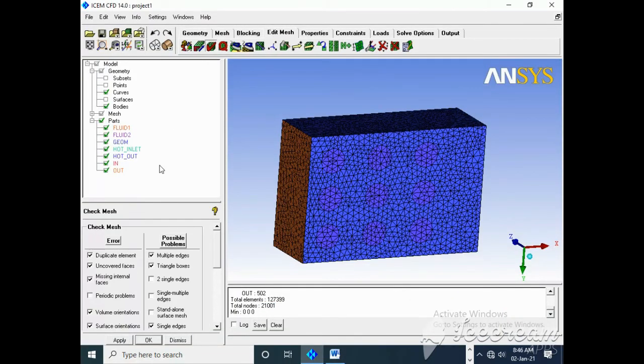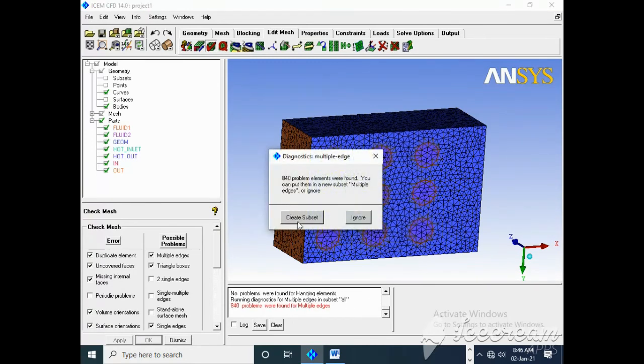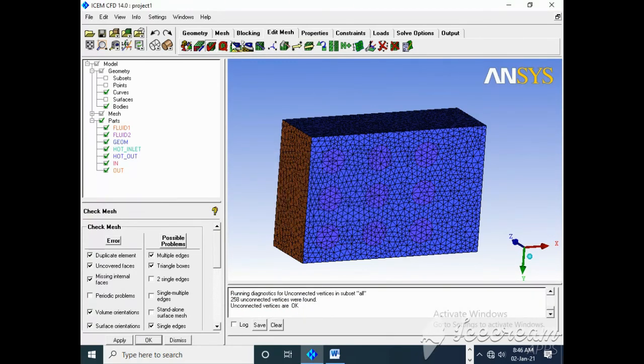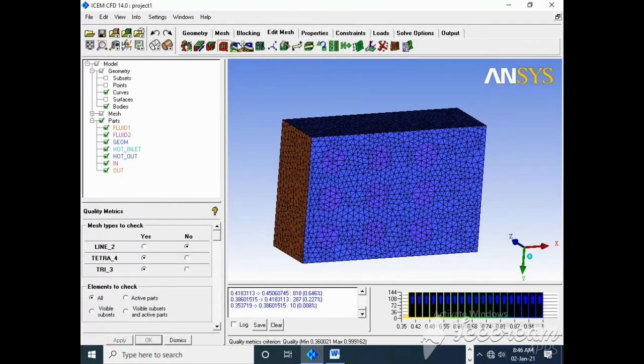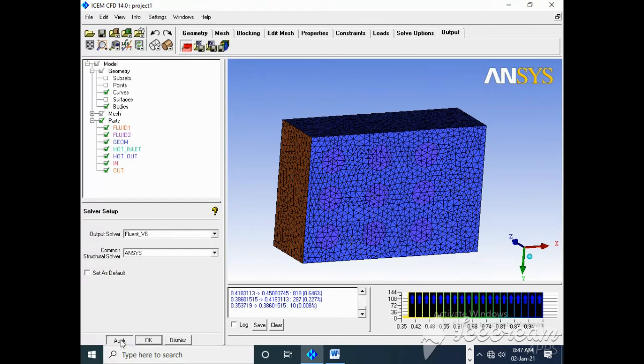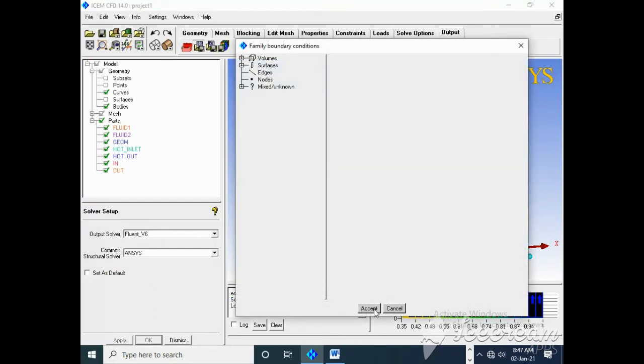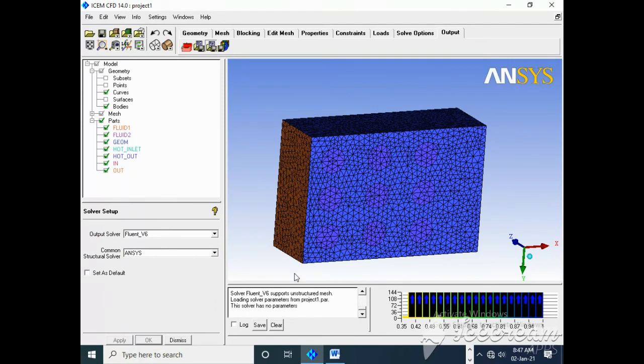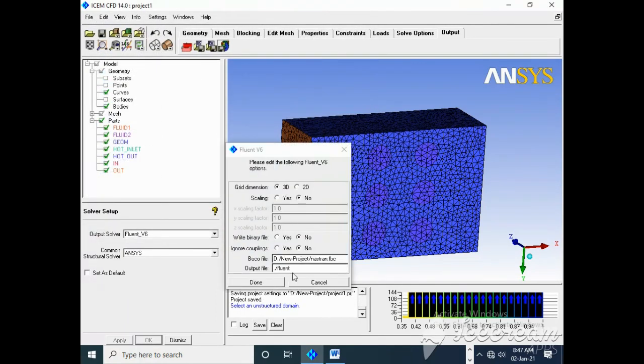Then go for edit mesh, apply, create subset, yes, apply. Go for scale factor 2.